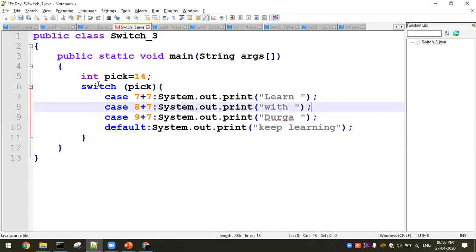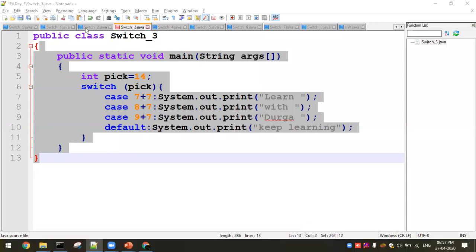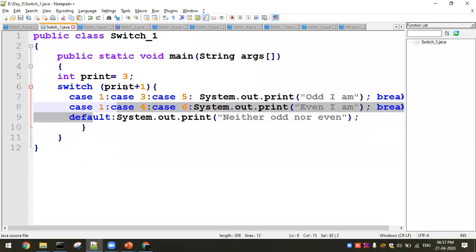Listen, the third question, here we have a good surprise for you. Let's check what would be the output of this program. Let me pause my video. Here you have two limitations. One is you can have a nested case, and each case should have a distinct definition, that is, the same case label. You are not supposed to repeat the definition.